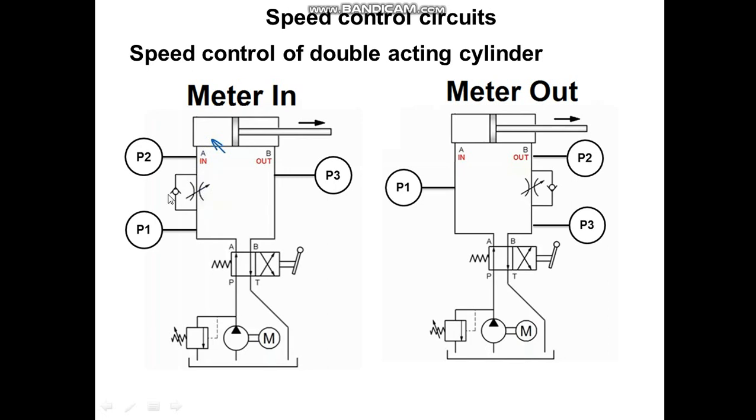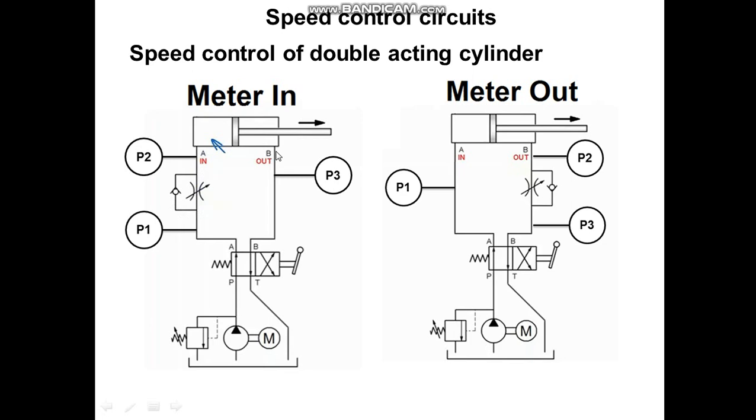So if you don't attach this check valve, liquid will pass through this flow control valve only. And if this flow control valve was partially closed during the extension stroke, then only a few amount of liquid will pass through this. And if only a few amount of liquid will pass through this flow control valve, then it will hamper the speed of retraction. So that is why one check valve will be added here.